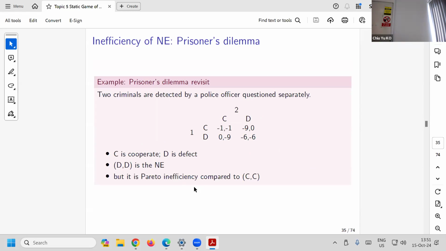Now let's revisit this old item we just discussed, right? The prisoner's dilemma. We discussed that -6 and -6 is the only dominant-solvable outcome, right? Because if you don't cooperate, this is the outcome. And you can easily check this is also a Nash equilibrium, right? -6 is better than -9. -6 is better than -9, right? So D and D is also the Nash equilibrium. Okay, so that is something probably you will not be surprised to see, because this is the only unique outcome after removing dominated strategies. Okay,